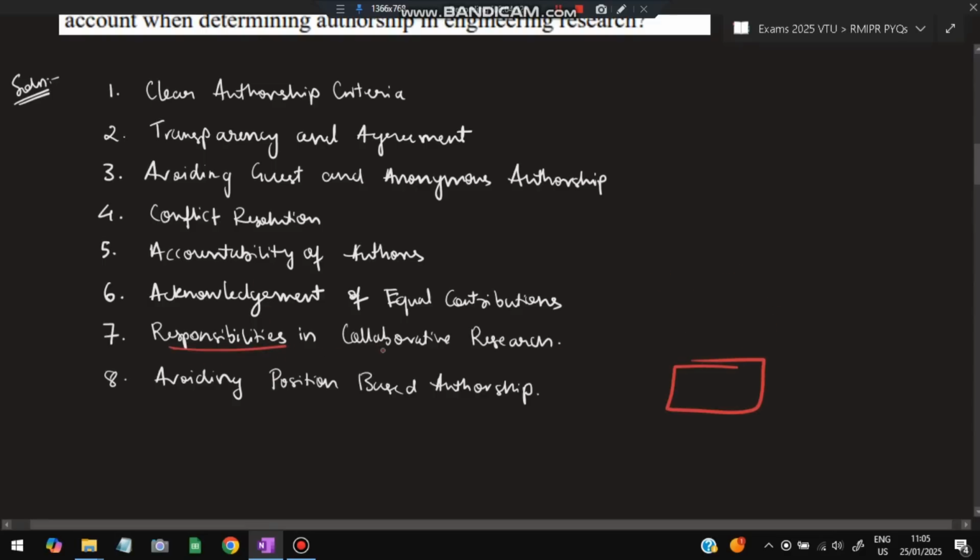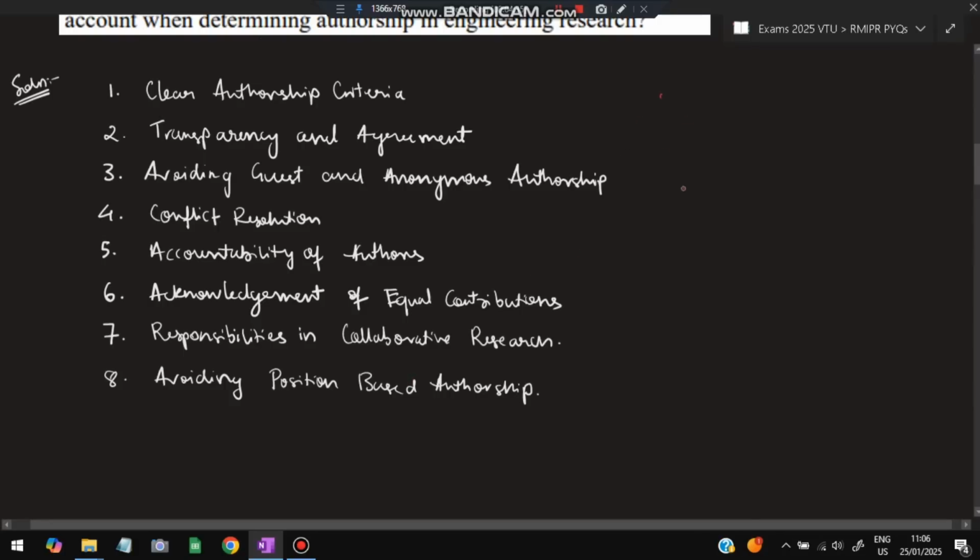ensuring that all of the contributors are equally represented. Okay, there should be no bias, like this is a better domain and this is a worse domain. That should not be there. Responsibilities from all the collaborative research should be equally displayed. Okay. And avoid position based authorship. Position based authorship means that because of some authority or title or affiliation, without involvement, we should not mention their name. If they have done something, mention them, else move on. Okay, we should not mention the people who have not put any contribution into it.